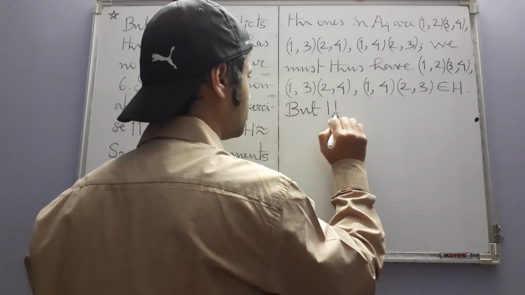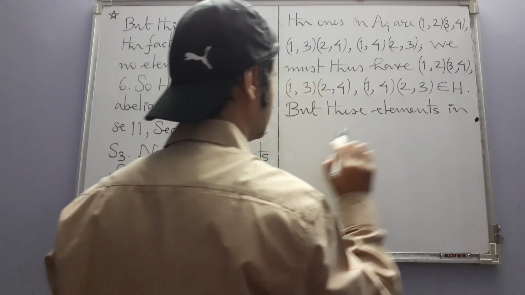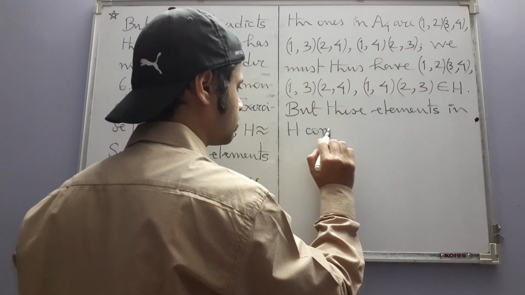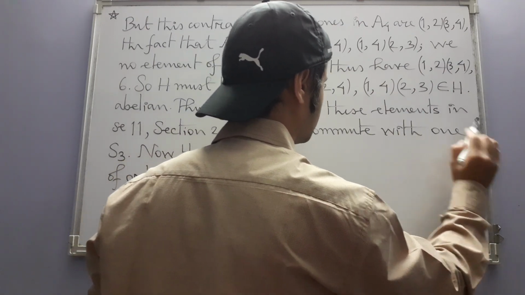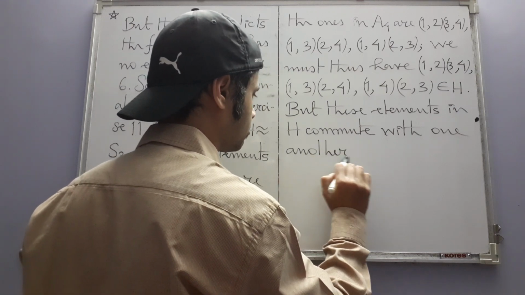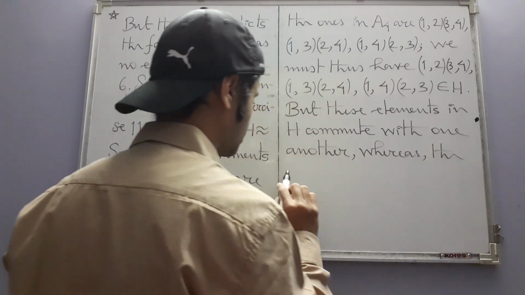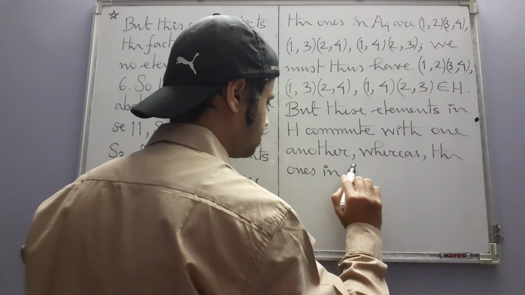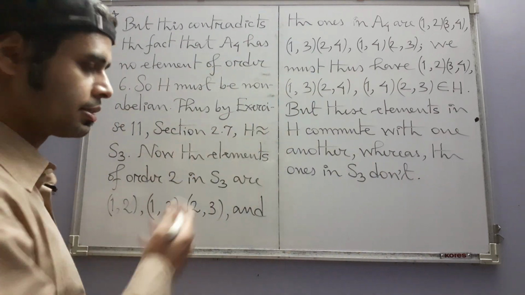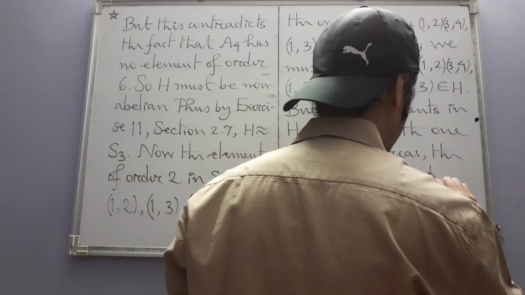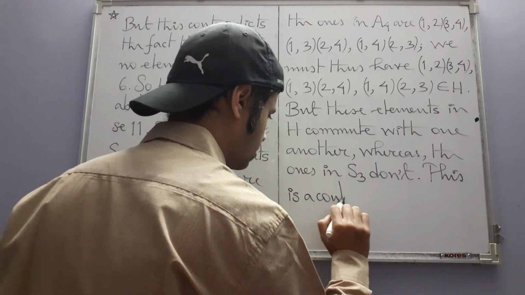But these elements in H commute with one another, whereas the ones in S3 don't. So how can H and S3 be isomorphic? This is a contradiction